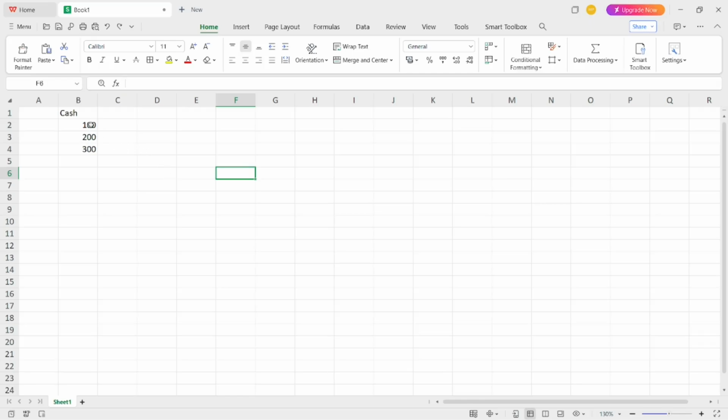Hi, in this tutorial I'm going to show you how to change currency in WPS spreadsheet. So for example, I have here these values. If I want to change it, I need to select these values, and after that I need to go to